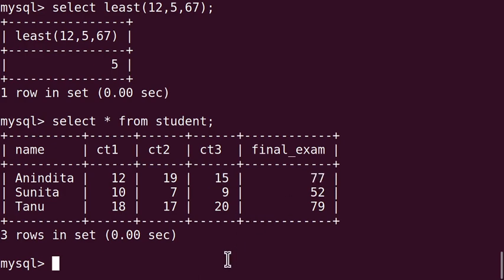So in this table, if I tell you to find out in which class test Anindita got the highest marks, can we use the max function here? No. In this case, we have to use greatest. Select name, comma, greatest.